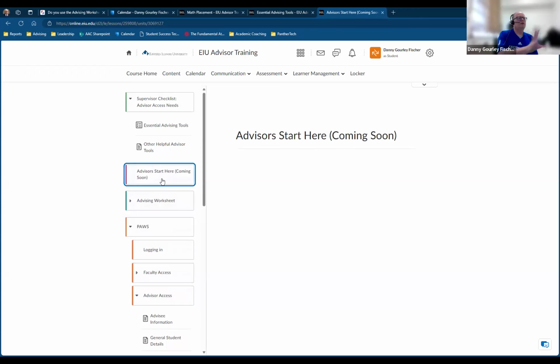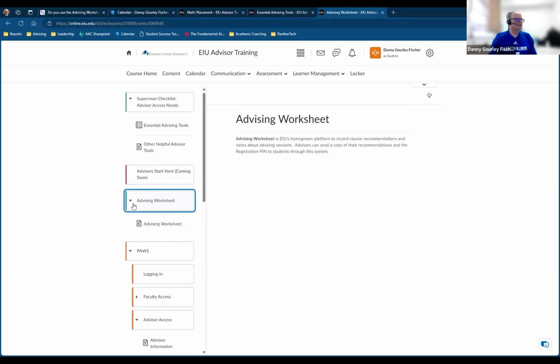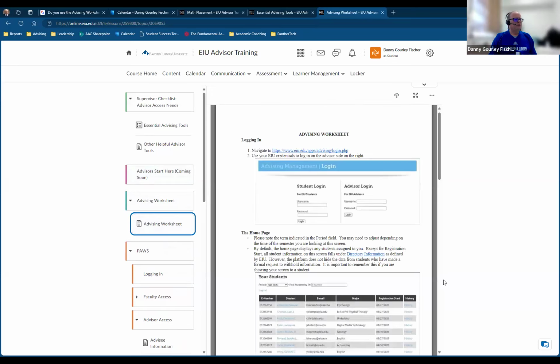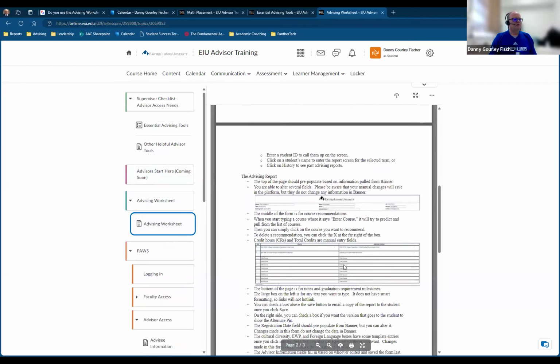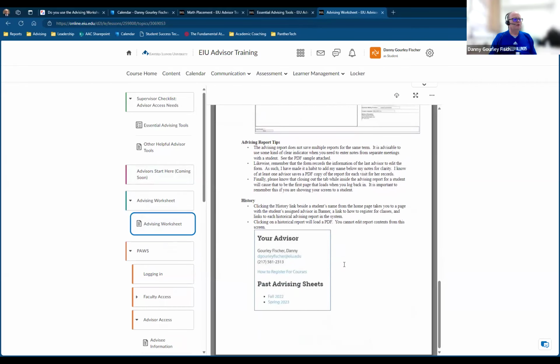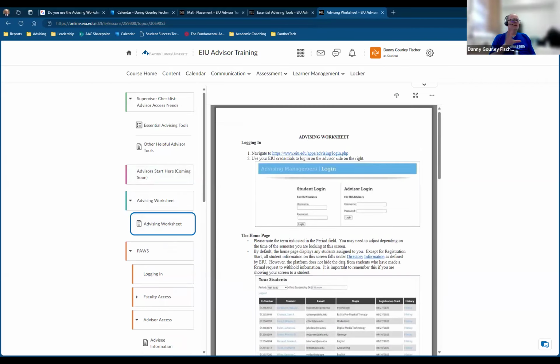and I think that's part of what we were trying to do or intended to do then with our advisor start here, is to kind of make a list from the modules. Here's 2 or 3 things that are going to be your big hitters for each of those things, and links you right to them. But within it, we do have the advising worksheet, walking you through step by step, but even this is now a year old